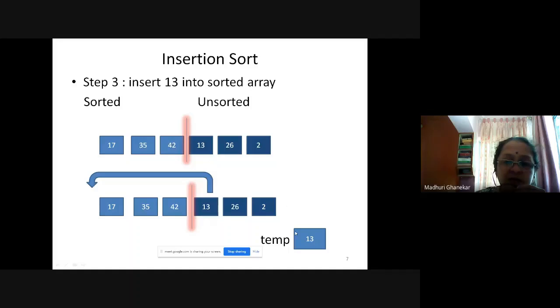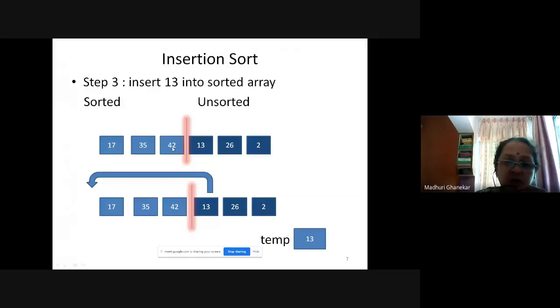Now we compare 13 with 35. Now what you find? 35 is bigger than 13. So again 35 should be shifted from this to this, because we want to create one empty element slot at the position whichever is the correct position. So how do you create that slot? For that we are shifting one element ahead, so this 35 will be shifted to this position. Now 42 is here and 35 is here. At two locations 35 will be there, 35 here as well as here.